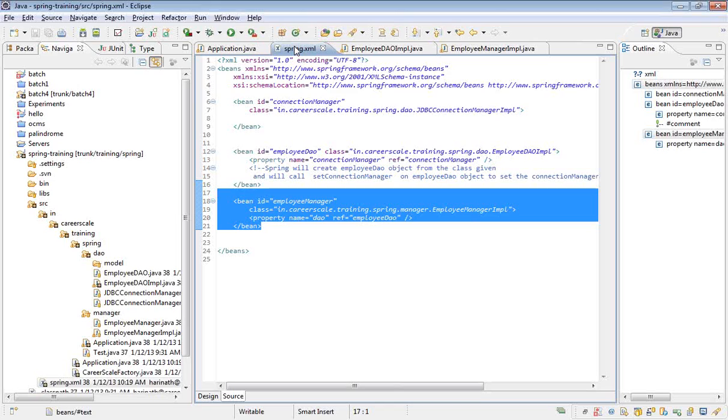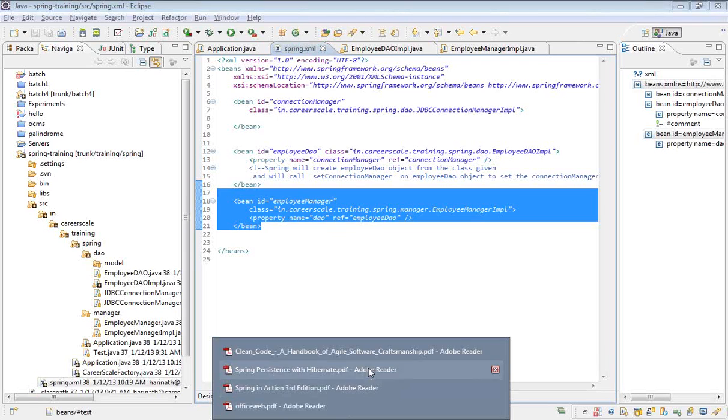It's going to use some reflection API and all that, and it's going to create the objects, and then it is going to inject the dependencies. How? We have seen how it is going to inject the dependencies: with the setter method approach. And if you look at object creation alone,